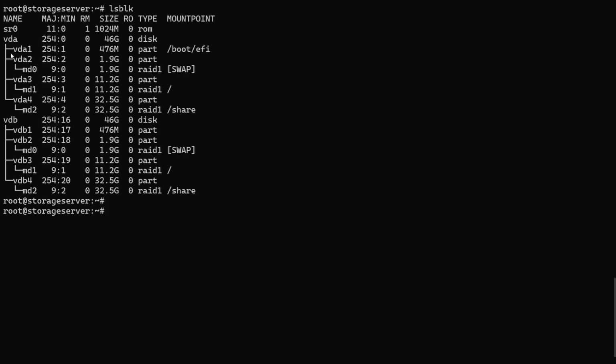So the first thing that we need to do is actually clone the vda1 partition onto vdb1. And for this we can use the dd program in Linux. Don't mind the name, it's just called dd and that's it. You can think of it as a disk duplicator, or maybe you can also think of it as a disk destroyer, depending on what you're trying to do and from your point of view. So anyway, let's use dd and let's specify the first partition of the first disk as the input file, so if equals